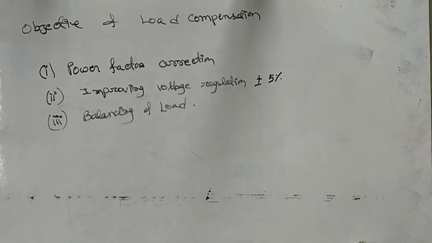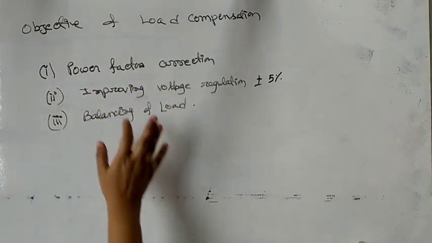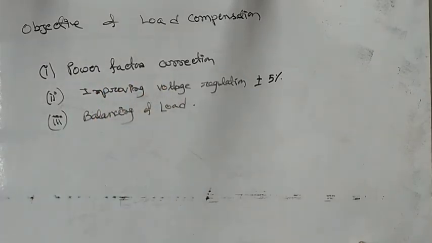Now electric furnace, hoist, particular types of power electronic devices, etc. are all the loads that create severe unbalancing. Compensators should be designed accordingly so that they have dynamic capability to compensate for these unbalances. Now thyristor controlled compensators are used in the distribution side to compensate for this load unbalancing. Now we will discuss in detail about power factor correction, improving voltage regulation and balancing of load in my upcoming videos.